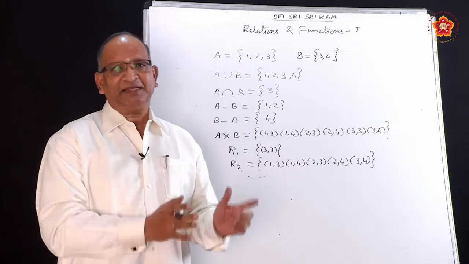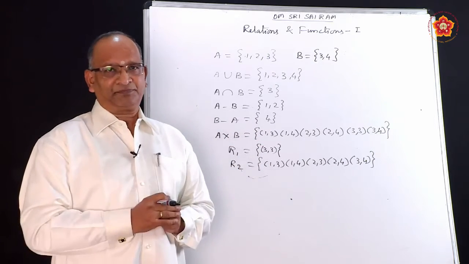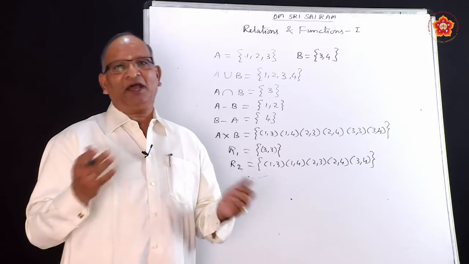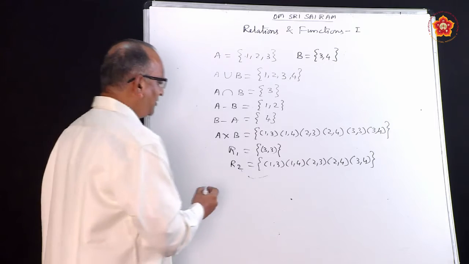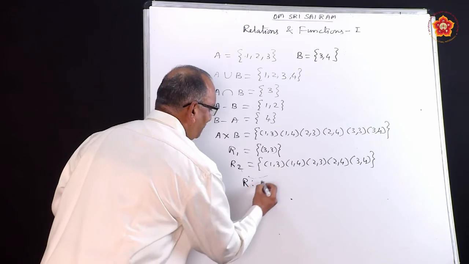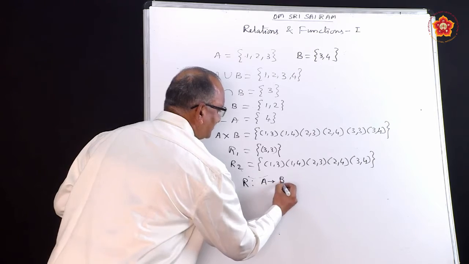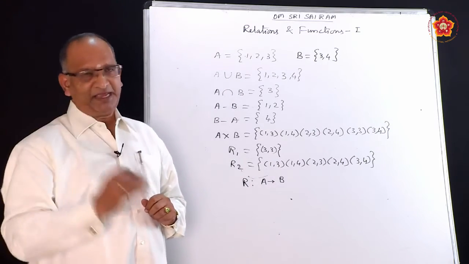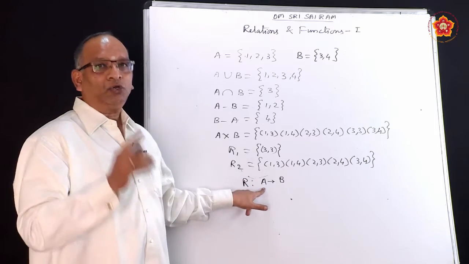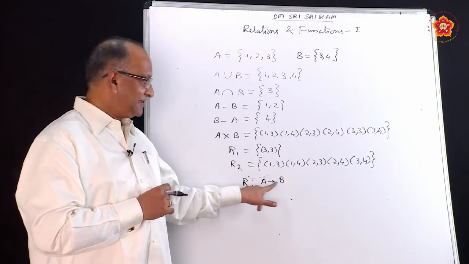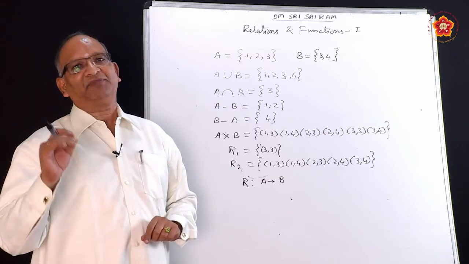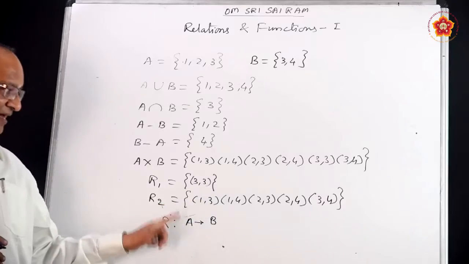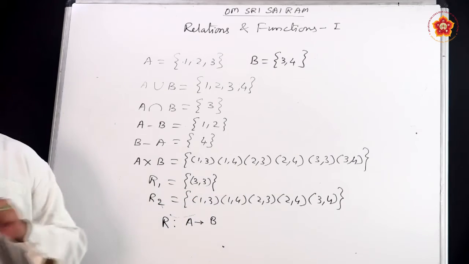Relation is a subset of Cartesian product. After learning relation, we have studied about domain of a relation. We are talking about a relation from one set to another set. If we are talking about relation between set A to set B, then set A is called domain of the relation and set B is called codomain of the relation. Remember, all the first elements are going to be from A, the second elements are going to be from B.